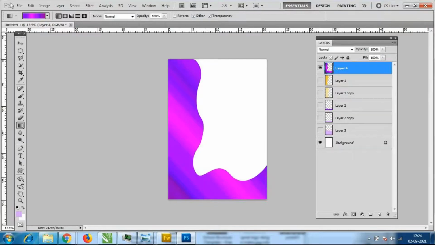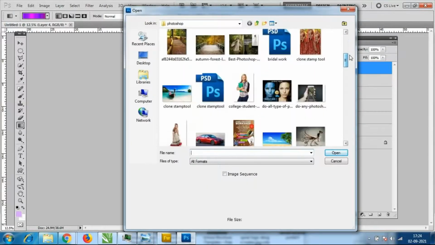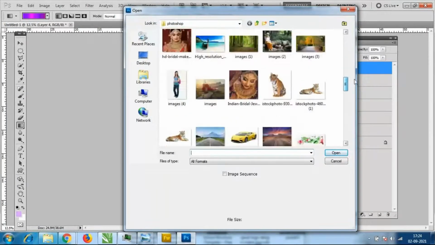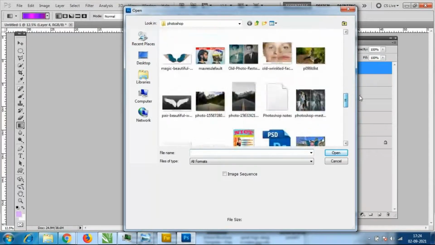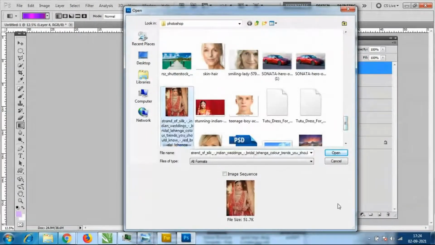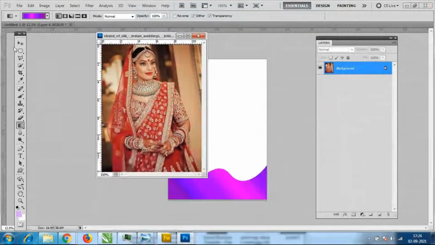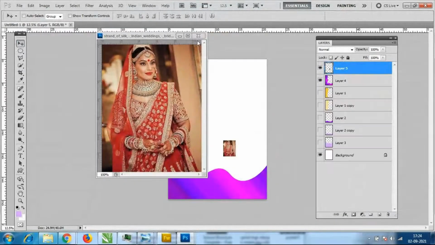Okay. So you can add a picture for this. I will take any of the pictures. Just close the file.